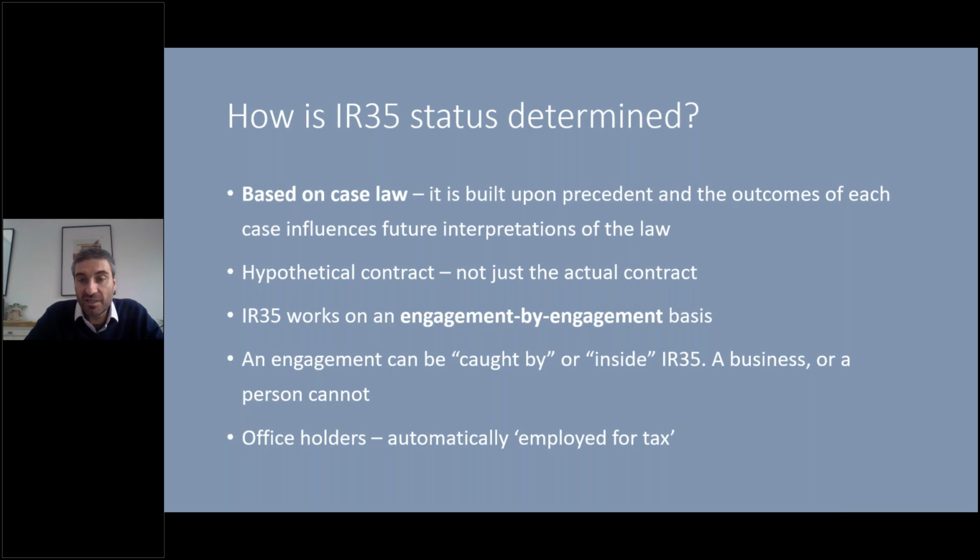Generally speaking, the first tier tax tribunal does not set precedent. But when it goes higher up in the courts, if someone appeals it and then we get something at the upper tribunal or even the Court of Appeal, and there are some cases, with one case which is heading that way at the moment, that will set precedent and that can change the law. So if a higher court says, well, actually, we've decided that, because of whatever factor, this is either caught or not caught by IR35, then that will mean that everyone in the future should consider that judgment, and that becomes a material consideration.